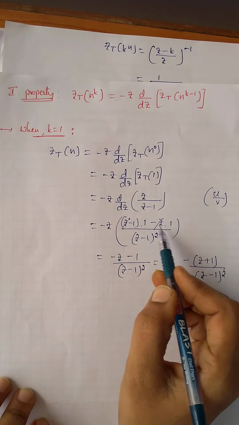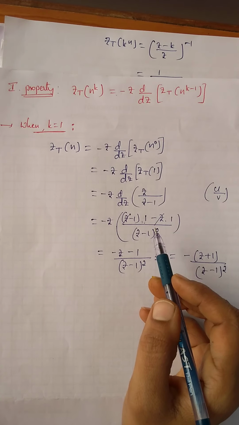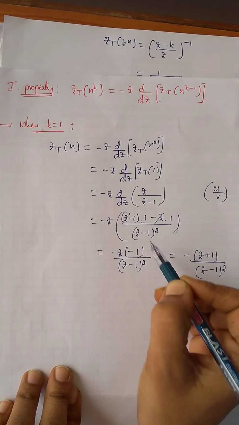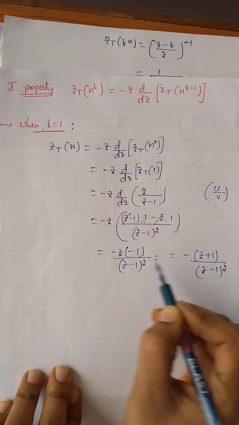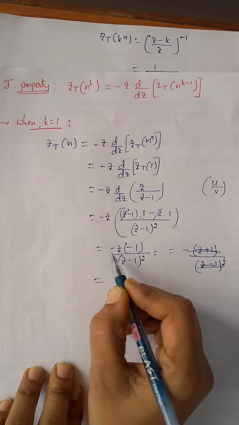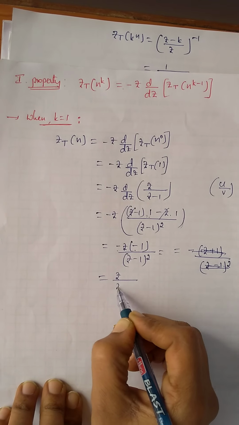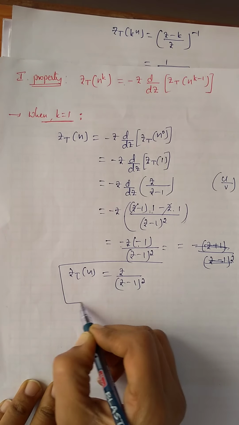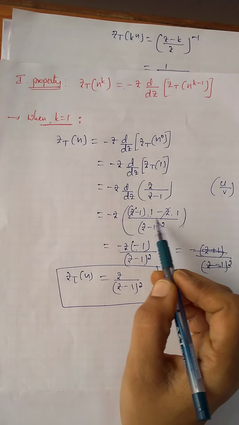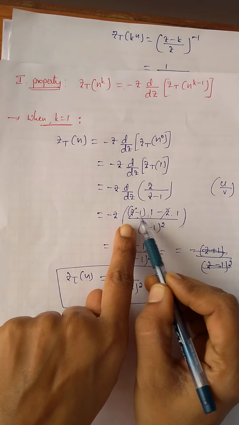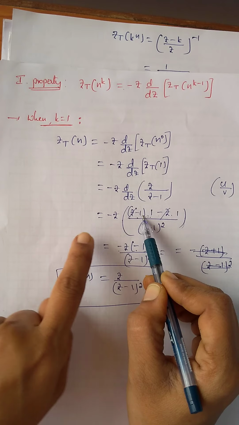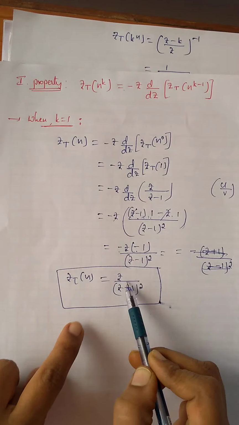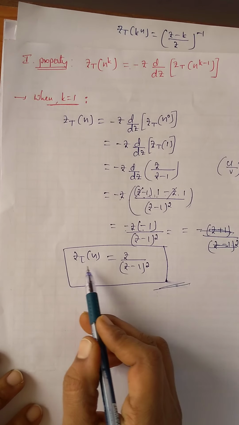Sorry students, here we can see the bracket here. Inside, the remaining is minus 1, and outside is minus z. Therefore the answer is minus into minus is plus z by z minus 1 whole square. This is the Z transform of n answer. Okay. The quotient differentiation remaining is z minus 1 minus z, plus z minus z can cancel. We get remaining is minus 1. This minus 1, and outside is minus z, minus z into minus 1 will get z by z minus 1 whole square, which is the Z transform of n.